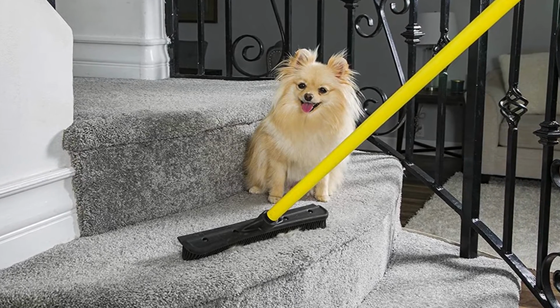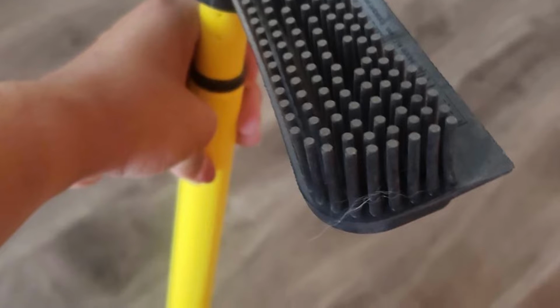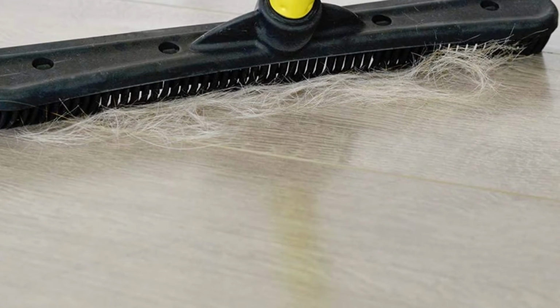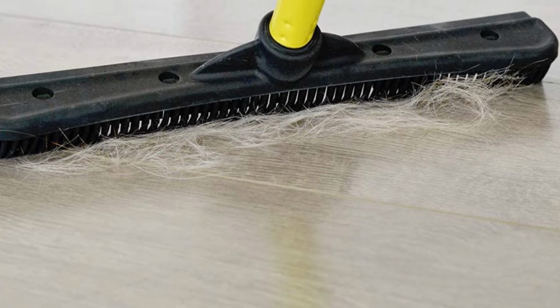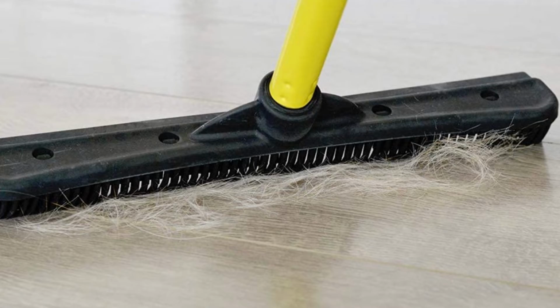On smooth floors, it performs better than a standard broom and dustbin because it collects fur in its teeth. Nevertheless, stray hairs may not be easily removed from its teeth after cleaning. The telescoping handle extends from 3 to 5 feet, making it simple to sweep under your bed, sofa, and other